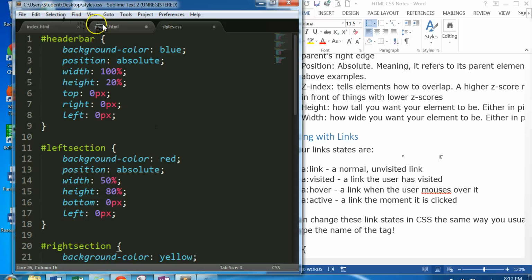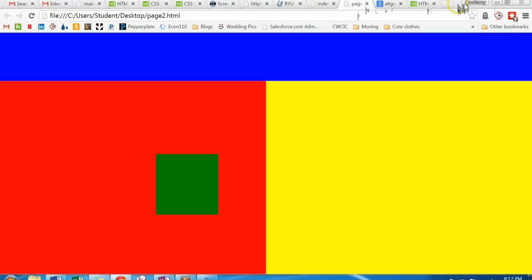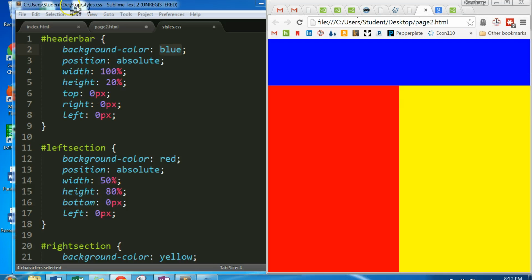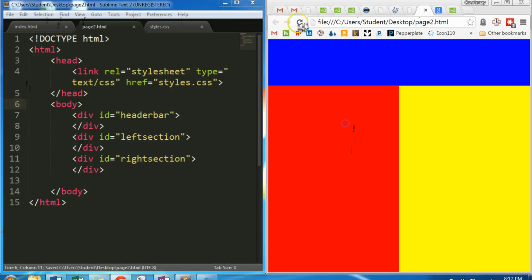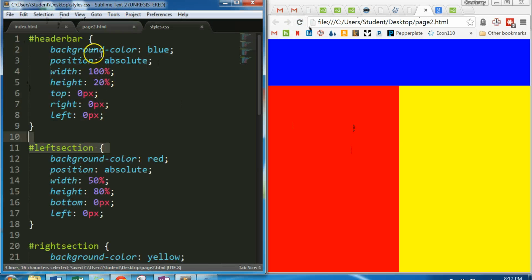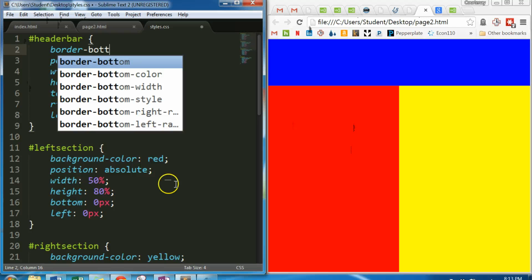So let's go ahead. I'm going to change these background colors. Oh, actually, let's do a border really quick. Sorry to jump around, but we will get to the links. So right now, I think this page is very ugly, and so I'm going to change it. First I'm going to page 2. I'm going to get rid of the green box because I don't like it. And then they'll be gone. Okay. Instead of background colors, I'm going to have them just be white, so I'm going to delete that. But I'm going to put a border, just on the bottom. So border-bottom,